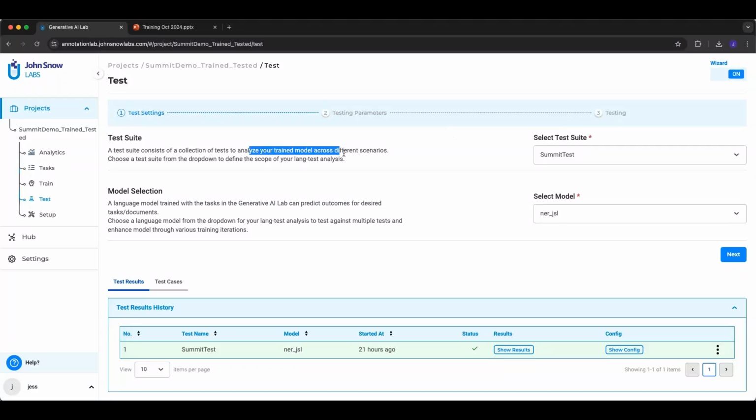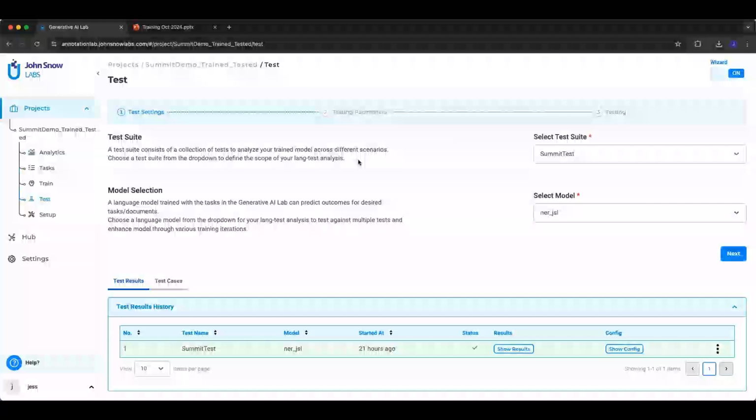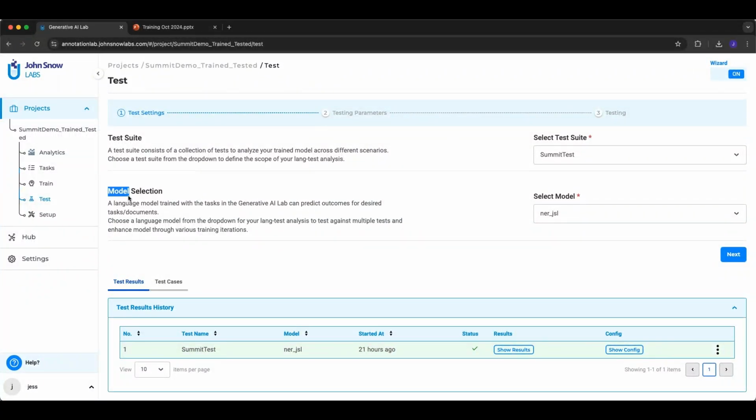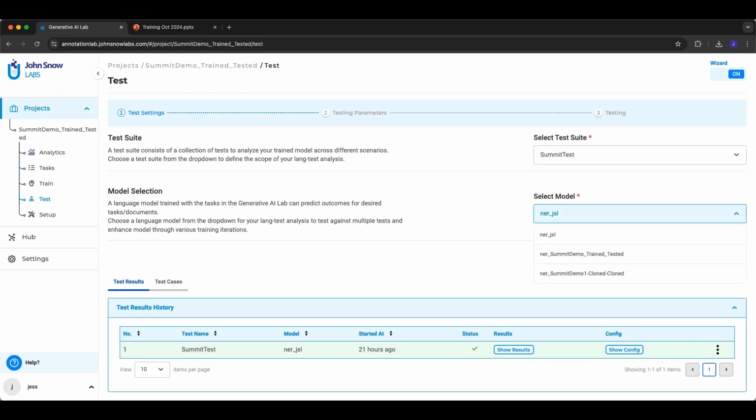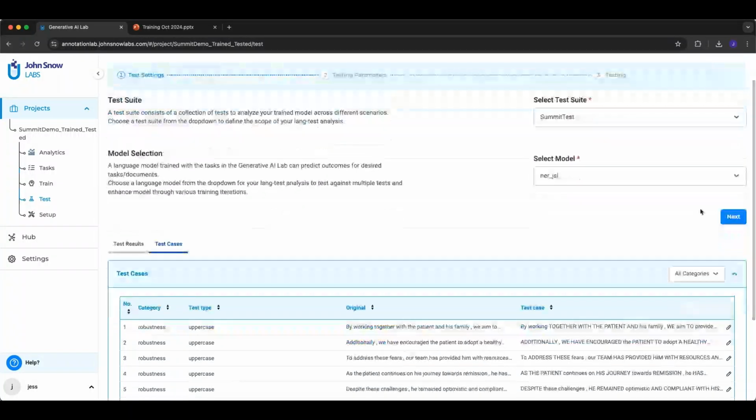So you'll choose a test suite first, which I will go over momentarily, and your model selection. The model selection is the language model trained with the tasks so that we can predict the outcomes. Choosing a language model from the dropdown will test against multiple tests and enhance the model through various training iterations. So you can see here, we have ones that have been trained before and the base model as well. Once you hit next,